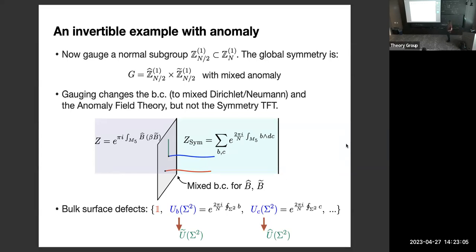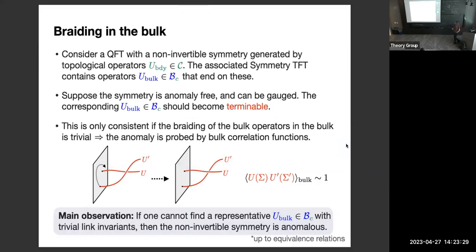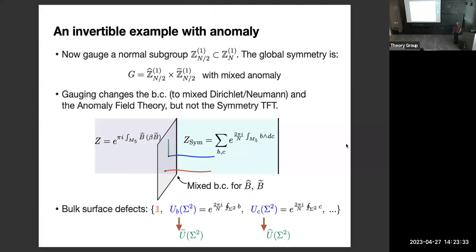And meanwhile, the magnetic type operator, which when I smush the slab, exactly becomes the generator of the quantum Z_N over 2 one-form symmetry. So this is sort of a simple example. If you want to sit down and check for yourself, you can check that all of this works out nicely in this example. Okay. So your symmetry TFT doesn't change, the boundary conditions change, and that's sufficient to reproduce the anomaly.